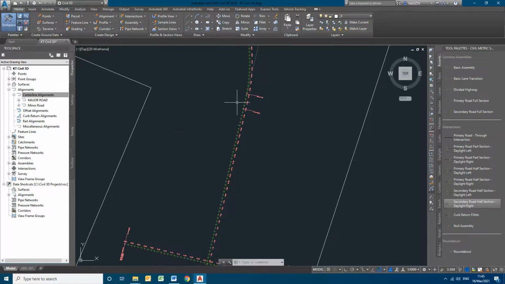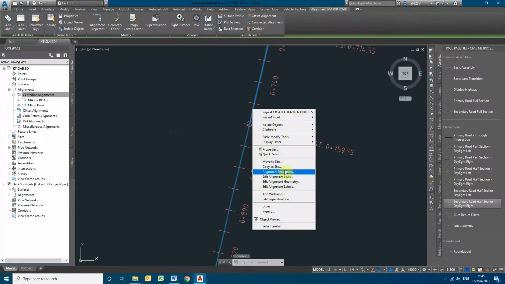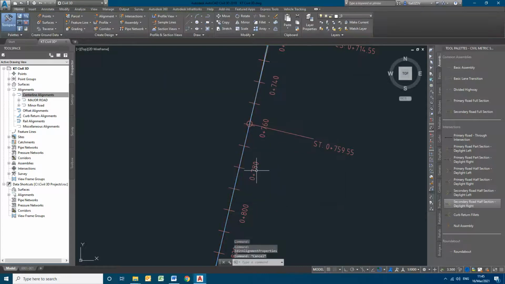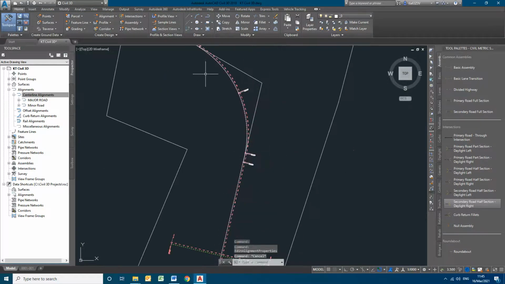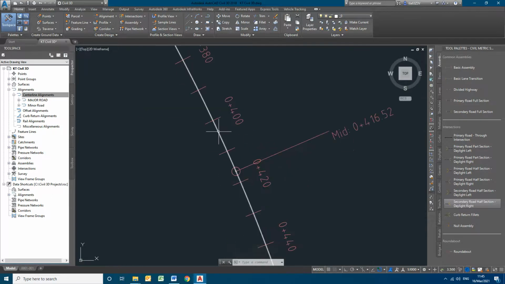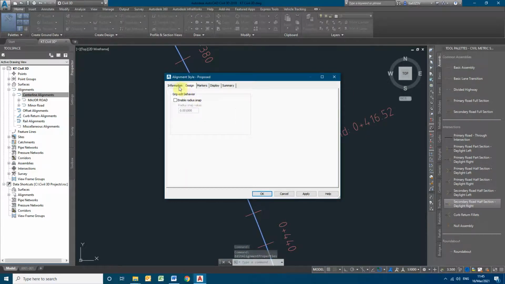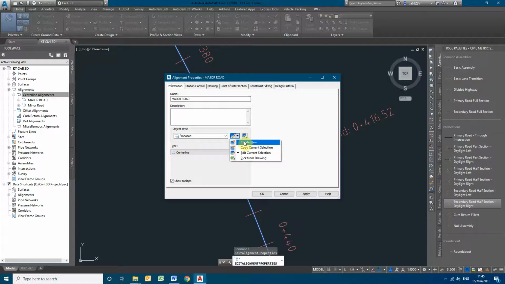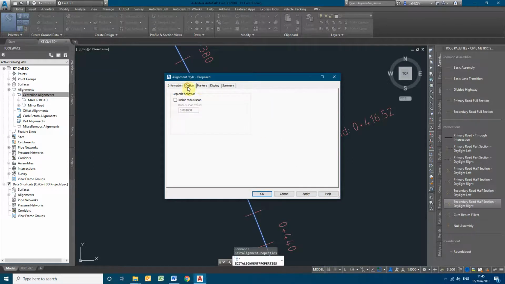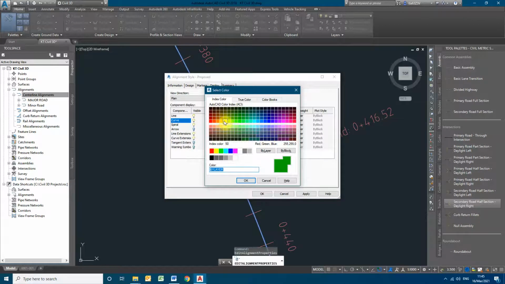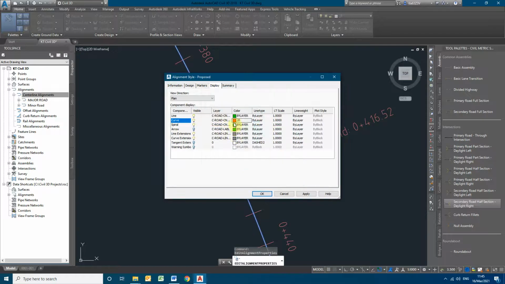For this, you can click on the alignment. Anytime we can change the properties, style sets, standard style sets. You can see the green line over here has been converted to an all white line. Going to the proposed, in the display summary you can change the color notation also if you want. It has red for the curve locations, spiral locations green and arrows green.